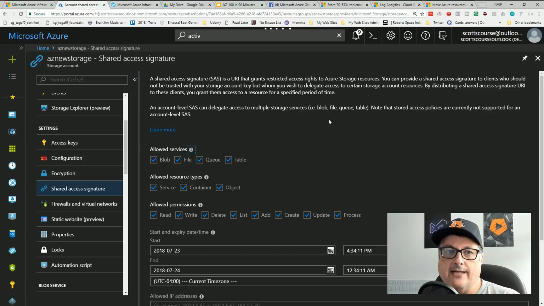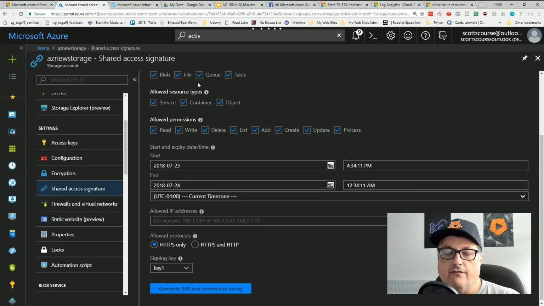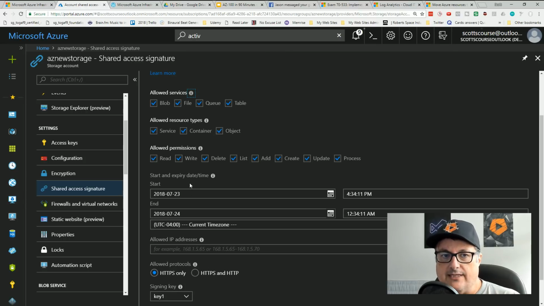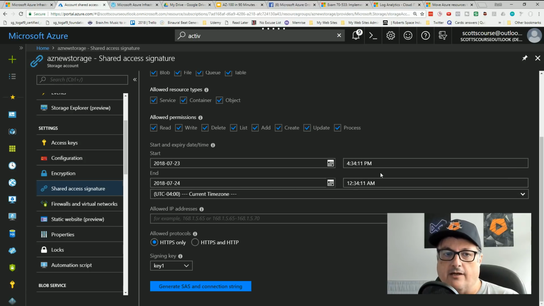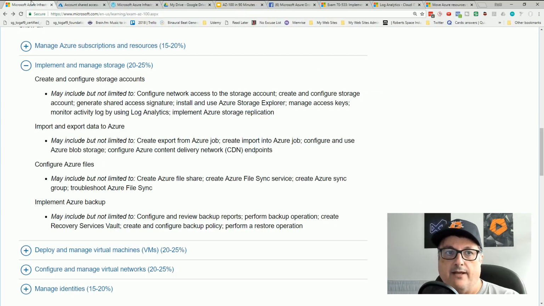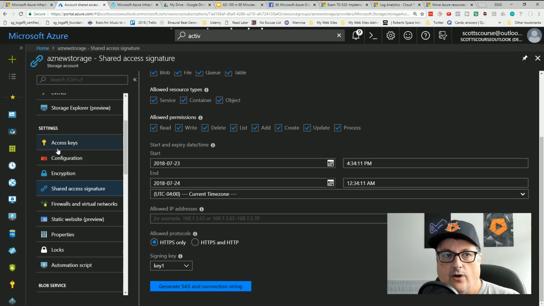And so shared access signatures are a way of restricting access to only individual files, individual dates and times, different file types, or the container level, or only the object level, etc. Basically, it's a connection string that you can generate that you give very limited access, and that's the recommended way. Instead of hard coding your access keys into your application, which you can, you can actually create a shared access signature.